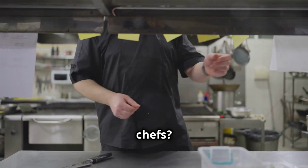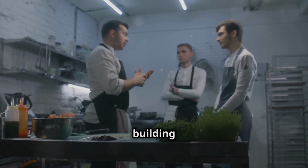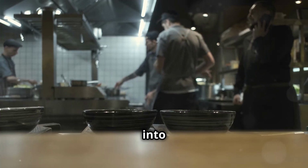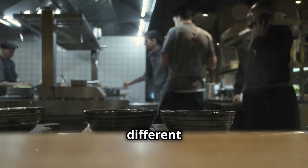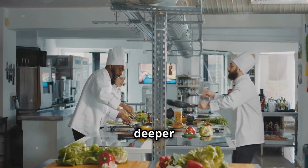You call yourselves chefs? You should be able to handle any station in the kitchen. Cross-training is essential for building a flexible and resilient team. Don't let your team become pigeonholed into one specific role. Encourage them to learn new skills and broaden their horizons. Rotate staff members through different stations, giving them the opportunity to learn new techniques and gain a deeper understanding of